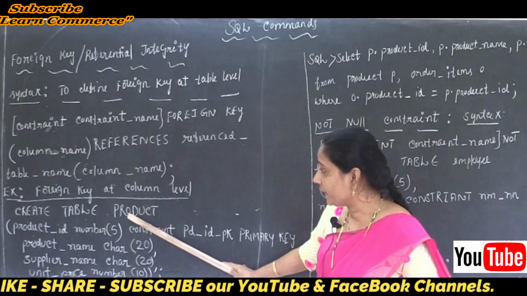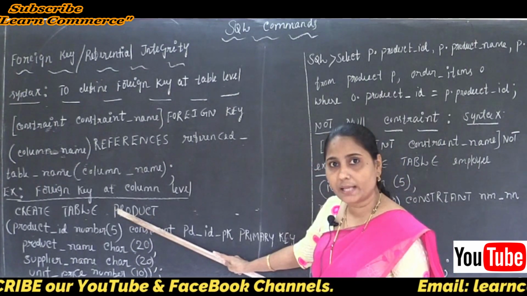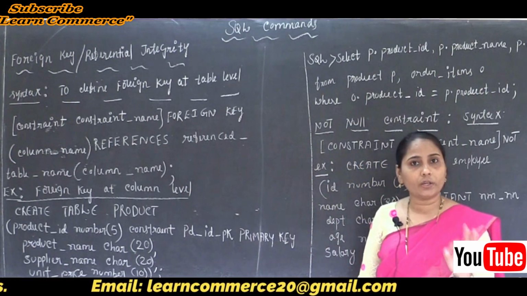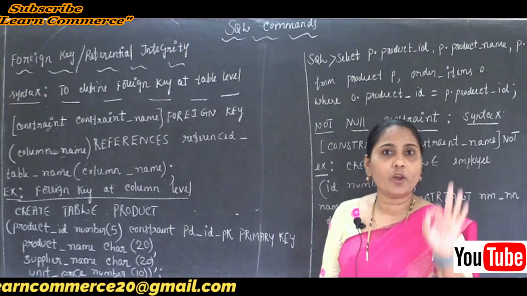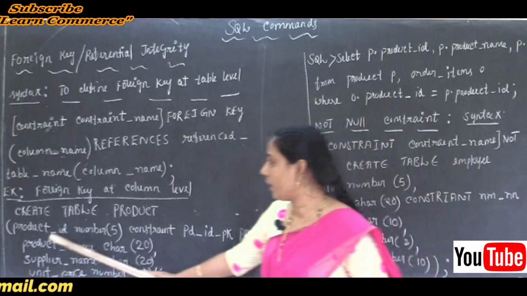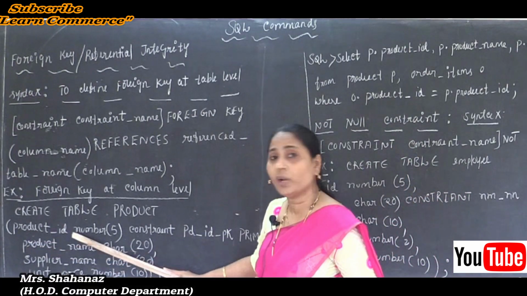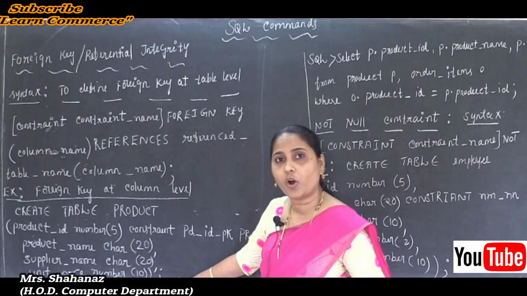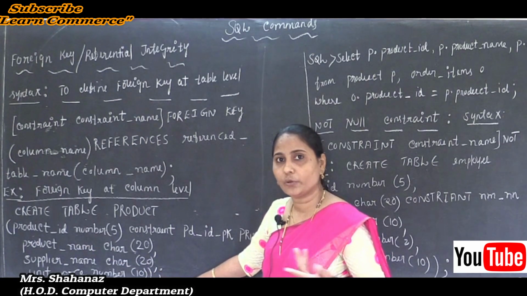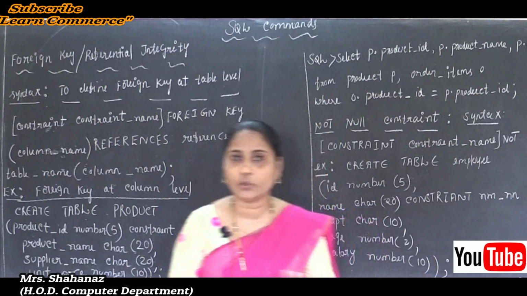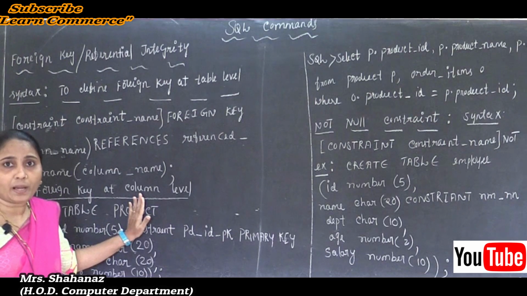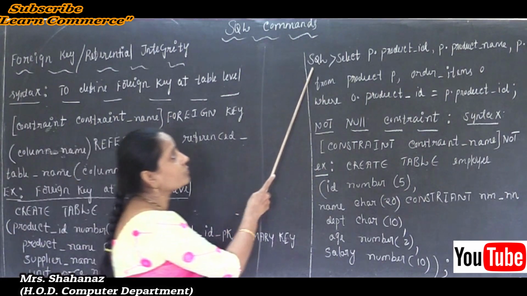After creating the product table as well as the order_item table, why? Because we know that in the order_item table we already used one column, the column name is product_id. If you want, use the same column name in our order_item, otherwise you can use another column name also, no problem. After completing these two tables, later I am going to use the query.